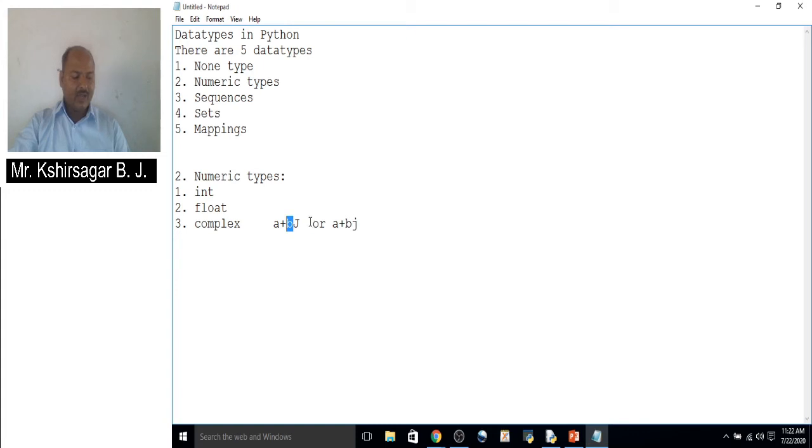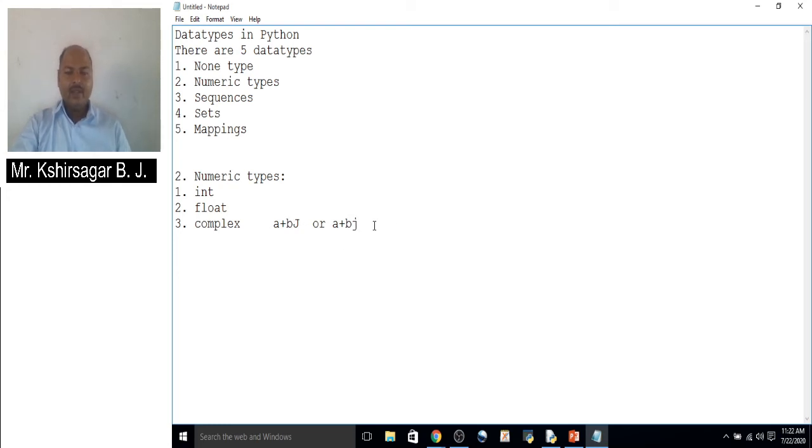The capital J or small j after the b indicates the square root value of -1. A and b contain integers or floats.